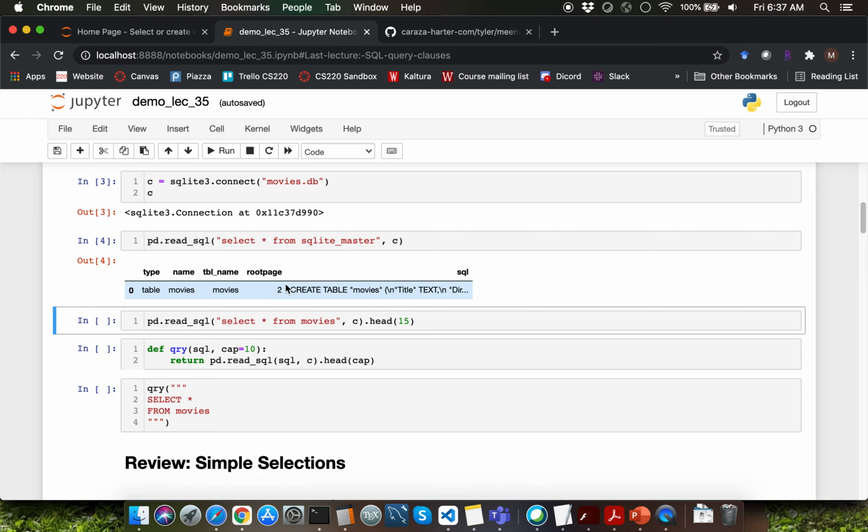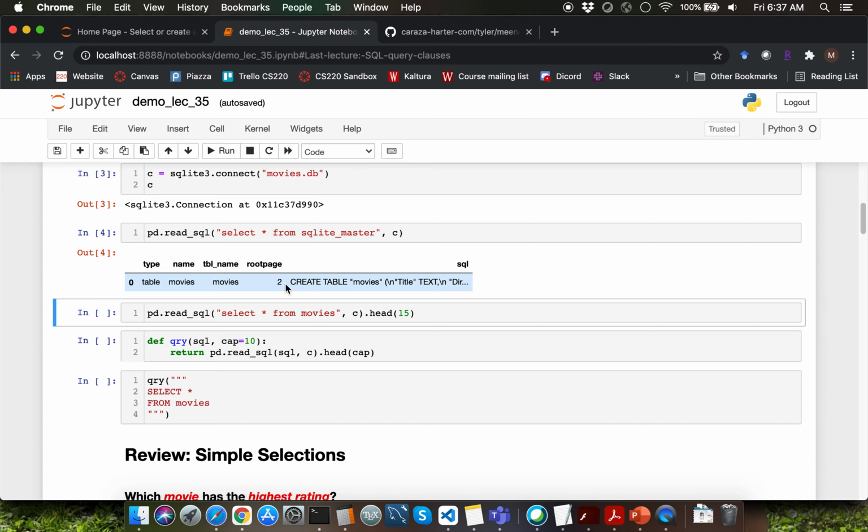Once you narrow down to a specific table of interest, the first query that you might want to execute is the select star from the table name query. Recall that star allows us to select all of the columns. The table name here is going to be movies. The read_sql function returns a pandas data frame, so I'm invoking the head function call on that data frame by specifying 15 as the argument. Recall that the head function call enables us to display the number of rows specified by the argument, which is going to be the first 15 rows here.